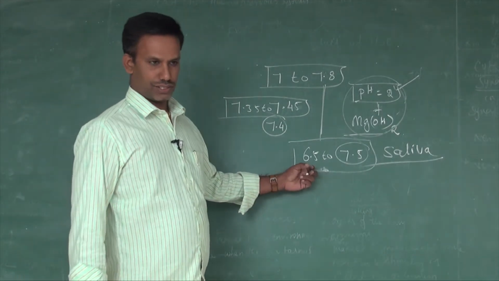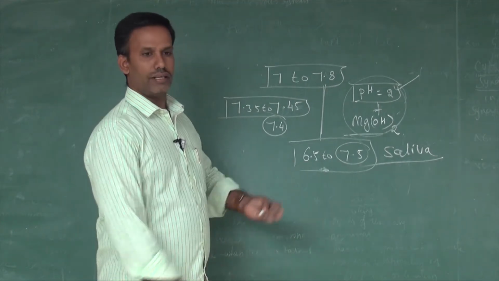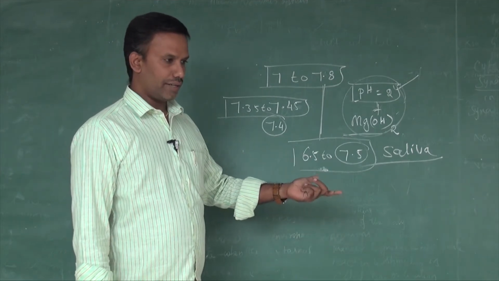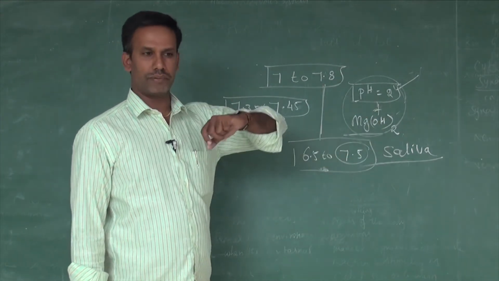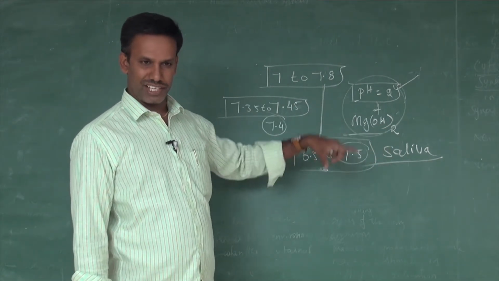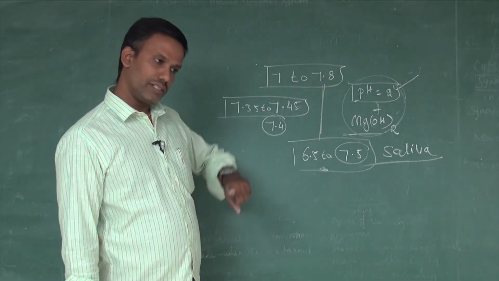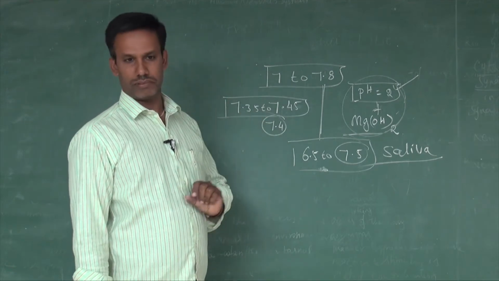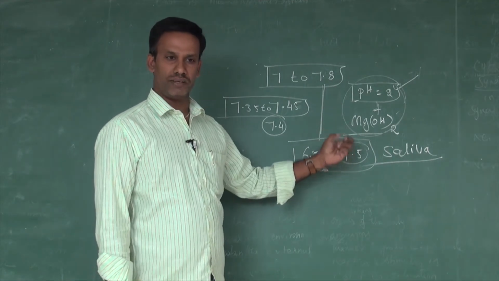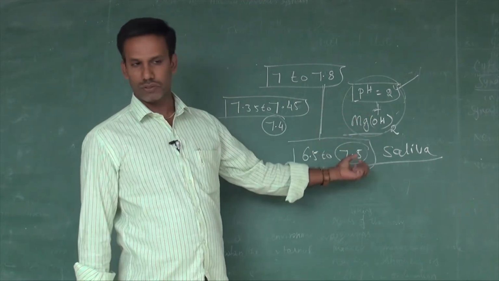Based on blood, urine and saliva, we can determine the metabolic process of the human body, whether you have a disease or not. This is the most preliminary test taken. If there is a change in the pH of saliva, you may have a disease. Whether it decreases or increases, it is trouble. The pH of saliva should be maintained in the range of 6.5 to 7.5. Below this range you are in trouble, above this range also you are in trouble.